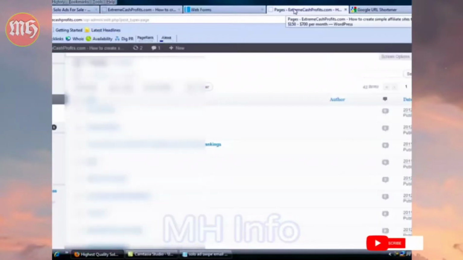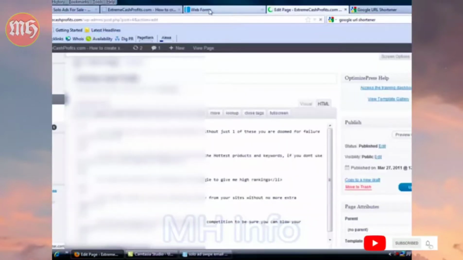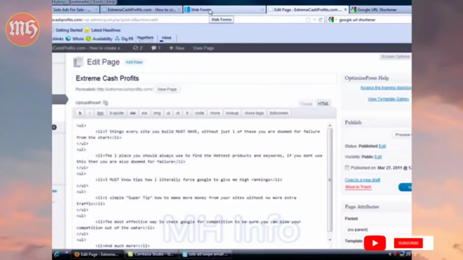So let's go to your, so for me this is my main squeeze page URL, Extreme Cash Profits. But as I said a few moments ago, it's no good just giving them this URL. That's completely pointless. We need to track it. So what we do, I'm going to go pretty fast through the rest of these steps because I don't want this video to go on too long. So what we do is name this, say solo ad 1, and then what we do is copy that